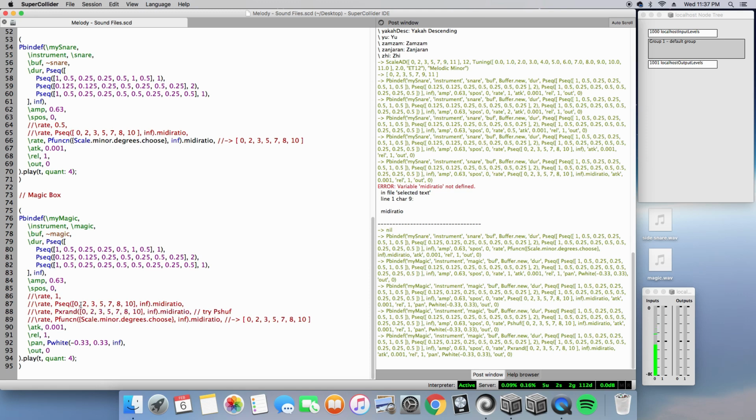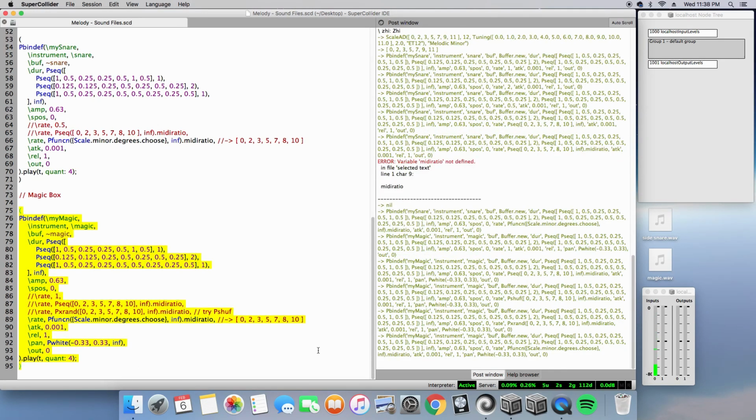And lastly, using our rate key for that familiar syntax here, simply adding the midiratio for our sound file. And there you have it. So it's treated in the same way as virtual instruments in Logic or any other digital audio workstation. The only addition is midiratio, and that will have SuperCollider interpret values in semitones and degrees,